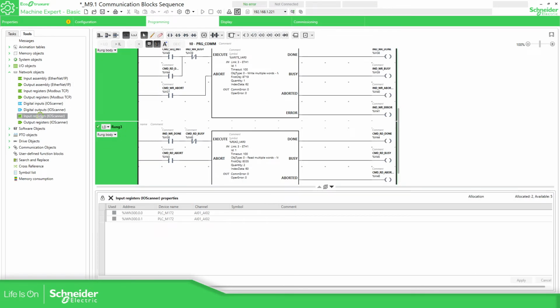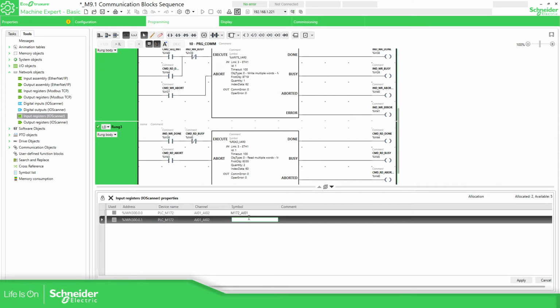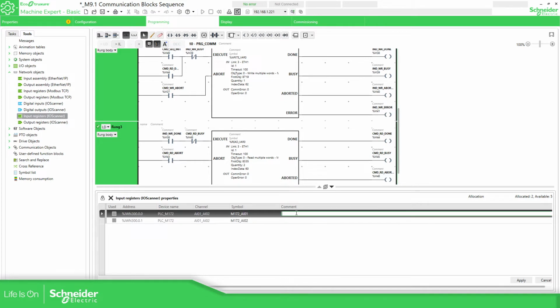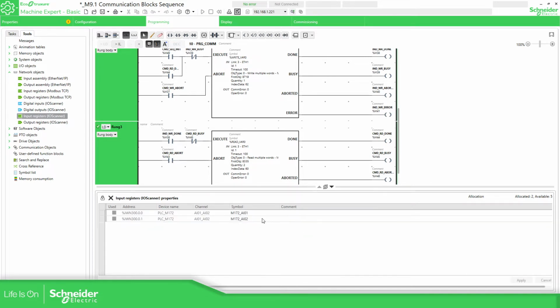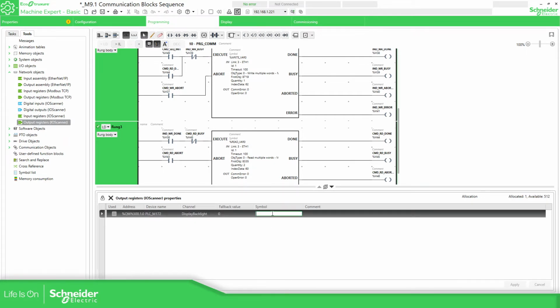So here, input register symbol, which has assigned N172_01 and 172_I102. Okay, you can assign comments, and I'm going to do it, but I recommend you to do it. Output register here is the symbol N172